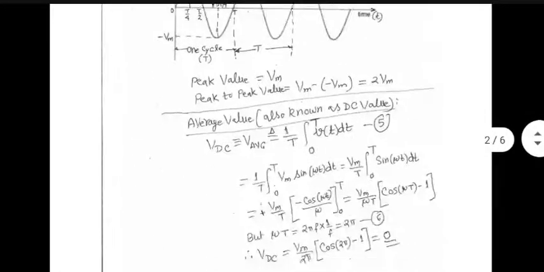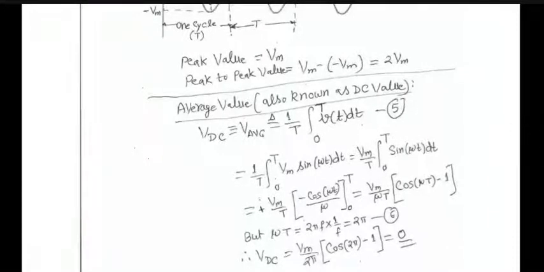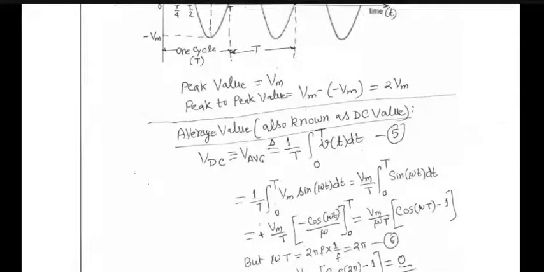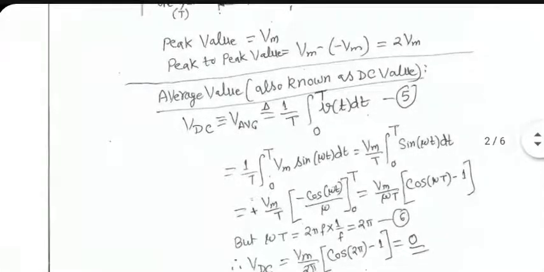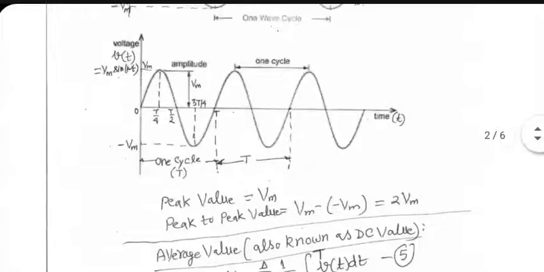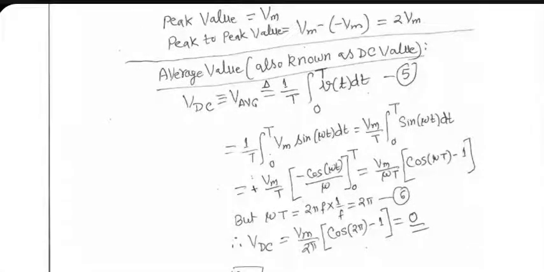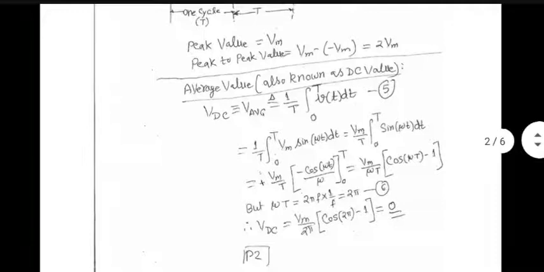One important thing to notice here, which you may have forgotten, is that average value of such a signal over a full cycle is always 0. You can look at the basic definition of average value, which is written as VDC or VAVG. You can work it out again. The average value of a periodic signal over a full cycle is always 0, because area in the upper half is equal to area in the lower half. So they cancel each other. Average value has no meaning over a full cycle. But RMS value is definitely not 0. You know this very well, I'm sure.